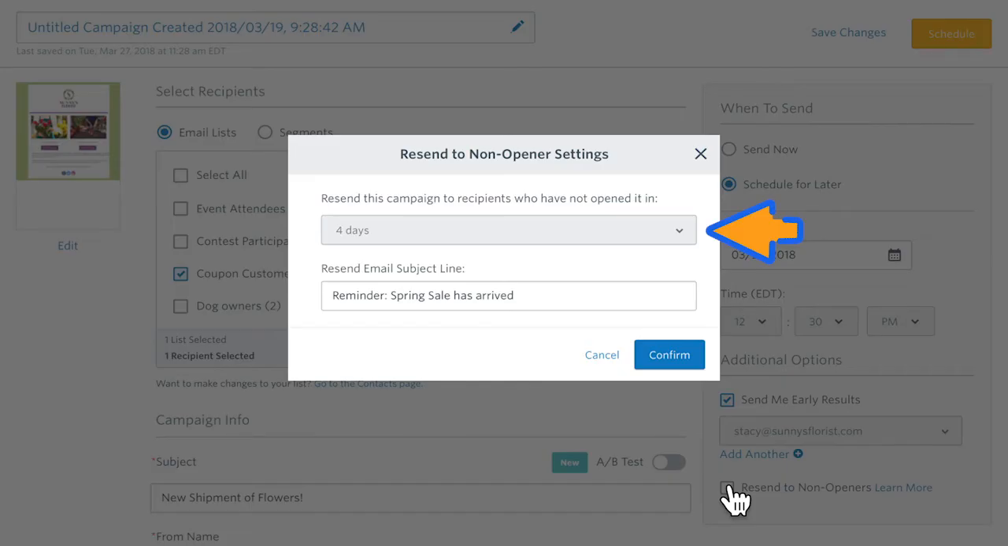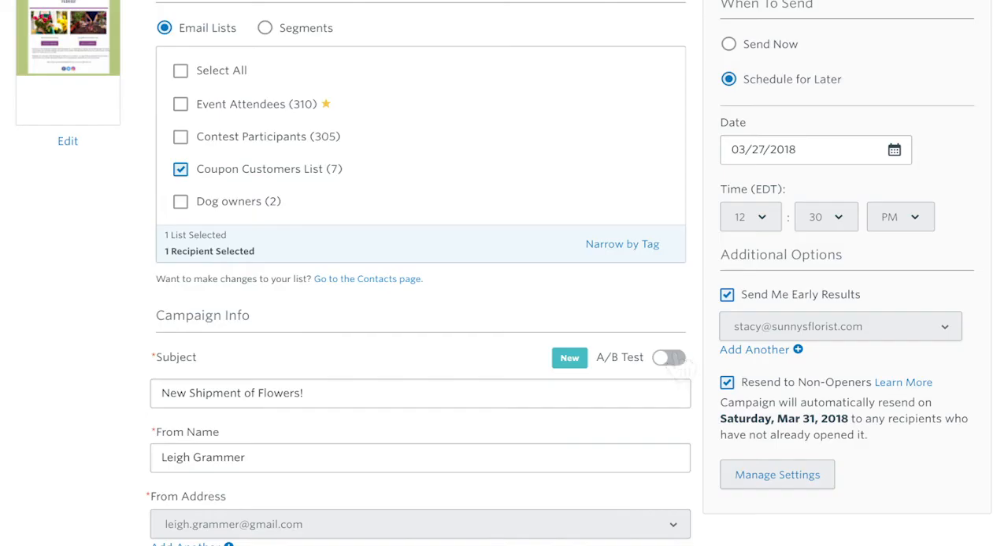A majority of people who are going to open your email will open it by day 3. Make sure you change your subject line to something different than the first time you sent this message. Then click Confirm. Your campaign will automatically resend on the timeline you chose to any recipients who haven't already opened